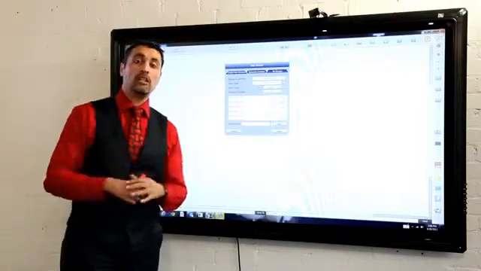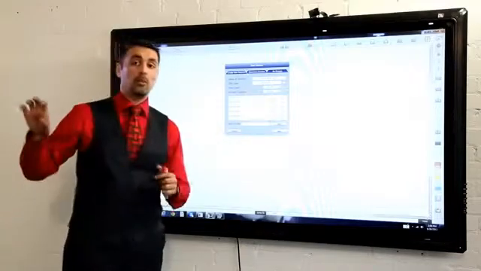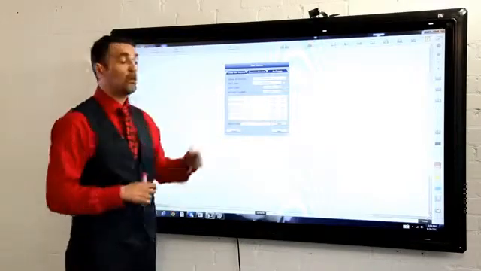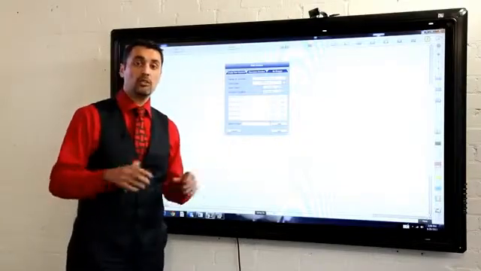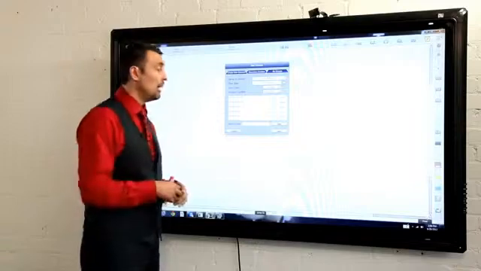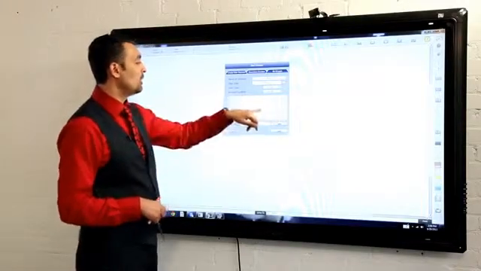If you're in education, if you're running a SIM system, it will grab all the users from your SIM system, and they can also be imported in. So it makes it a lot easier than typing in thousands of users individually. So what you can see here is I've got a list of users, and each one has got edit and